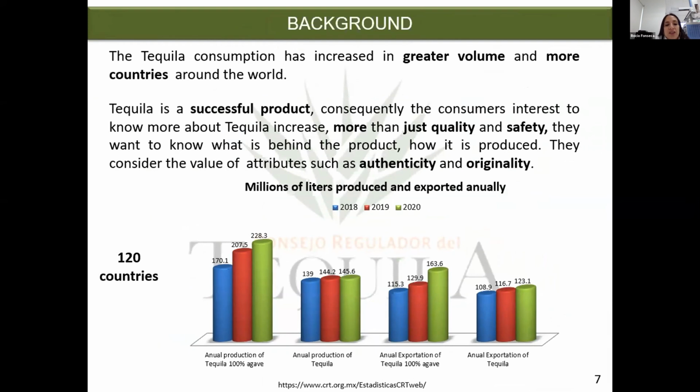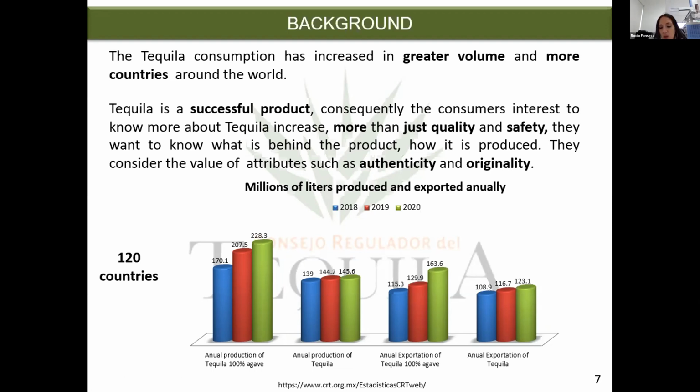You can see in the chart, tequila is exported to 120 countries around the world, and the millions of liters produced and exported annually is increasing every single year. If we compare, the annual production of tequila 100% agave in 2018 is less than in 2010. Now,